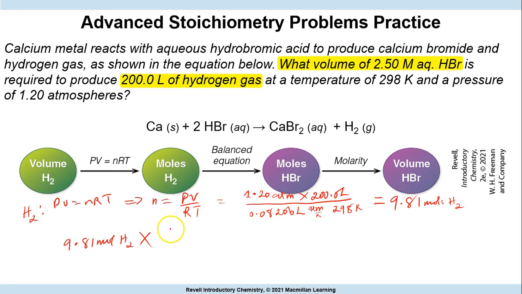So we have 2 moles hydrobromic acid, we have 1 mole of hydrogen. So moles of hydrogen will cancel with moles of hydrogen, and we are left with moles of hydrobromic acid. That gives us 19.6